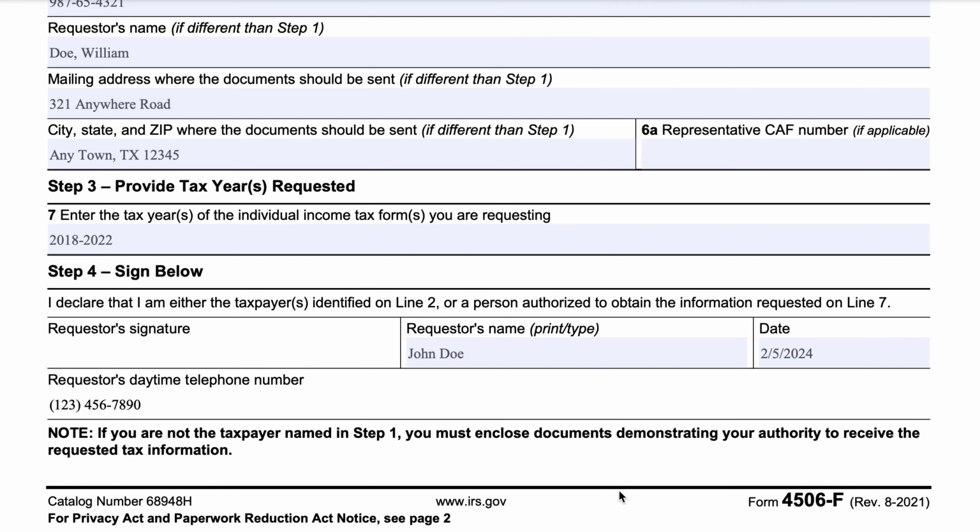So again, if you're not the taxpayer named in step 1, then you would need to enclose either IRS Form 2848, which is the power of attorney form, or IRS Form 8821, which is known as the tax information authorization form. This form doesn't allow you to make decisions for the taxpayer in front of the IRS. However, it does allow you to make information requests on your taxpayer's behalf.